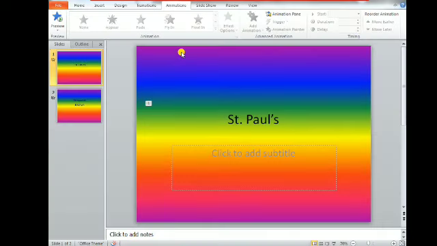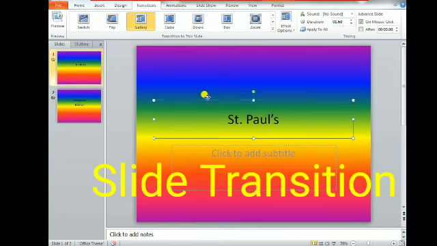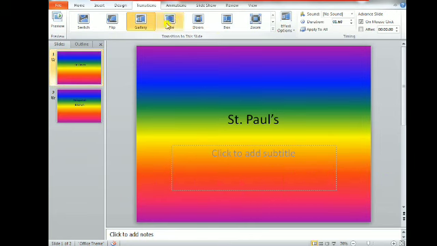Press F5, then if you suppose you don't want this thing in the middle, press the Escape key, and it will go back to the same place. Press the Escape key on the keyboard. If you want to edit something on this slide, as soon as you press Escape, you can edit everything wherever you want. This is for custom animations. With these custom animations we can do everything.